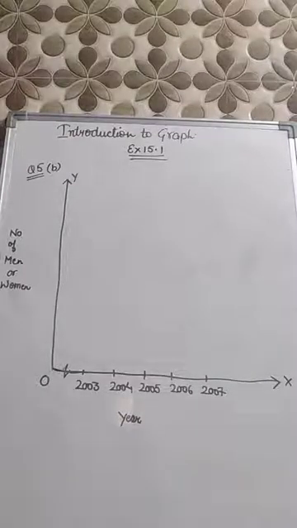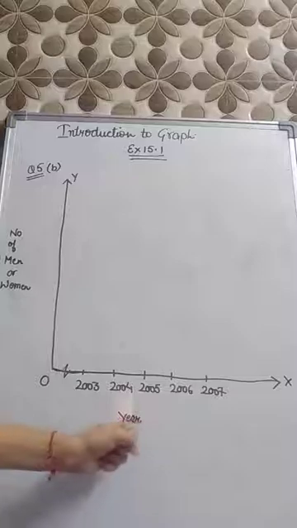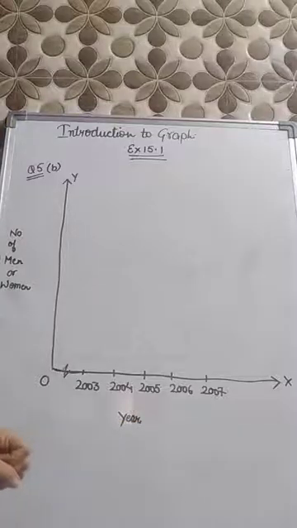Now the second part of the fifth question. In this you have double data: the number of men and the number of women are given. I have taken the number of men and women on the y-axis, and the different years given I have taken on the x-axis. Now it is a case of a double linear graph, a double line graph. So let's draw the first graph for the men, then for the women.